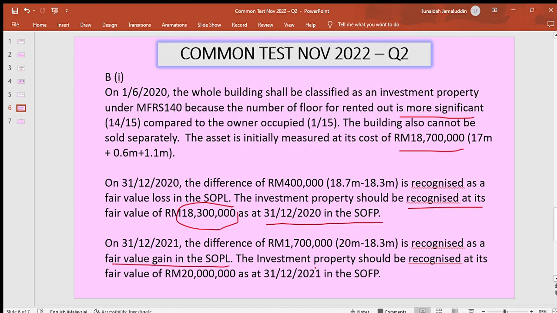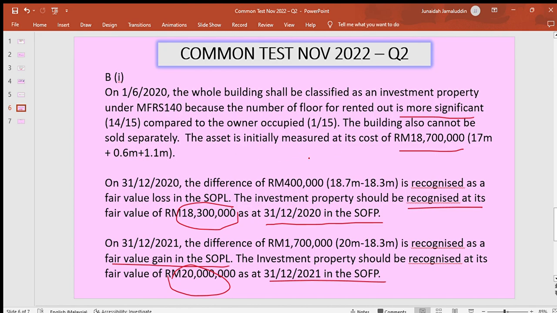So the investment property should be recognized at its fair value of 20 million as at 31st December 2021 in the SOPI. So in the SOPI, the investment property should be measured at its fair value as at 31st December 2021. This is how you explain the accounting treatment for the investment property. For the property with dual uses,